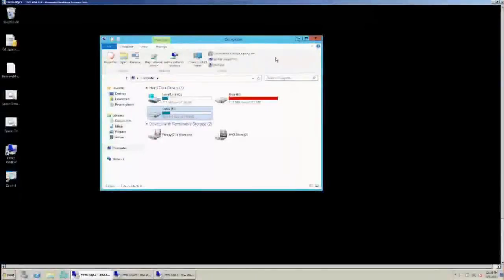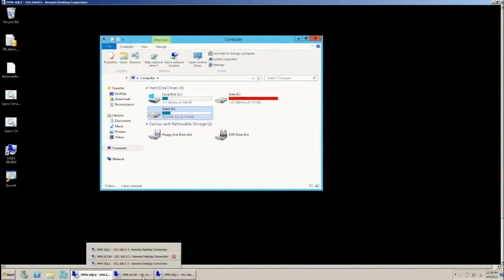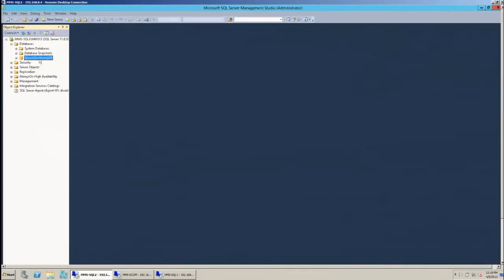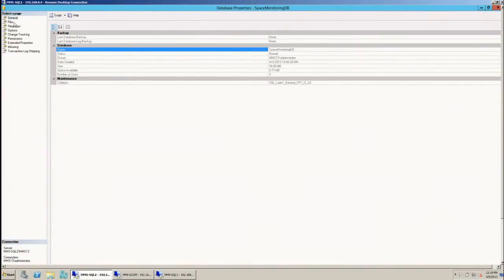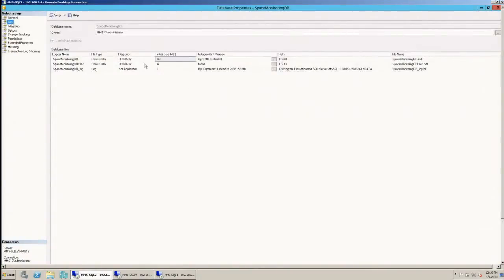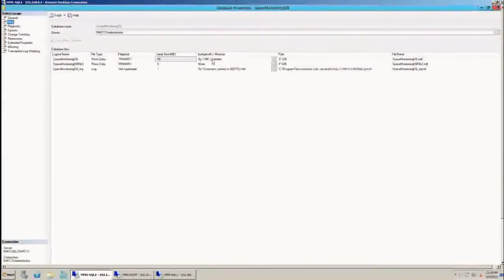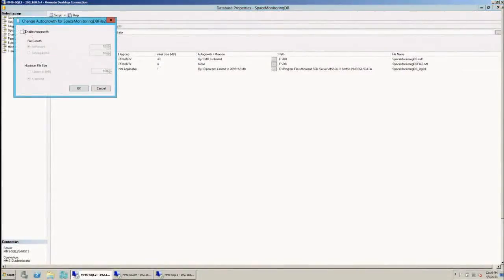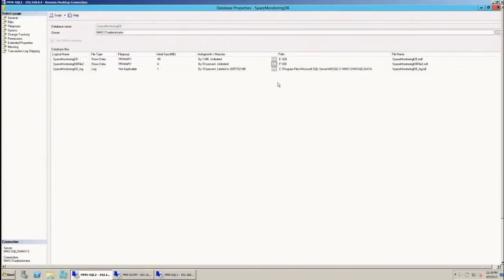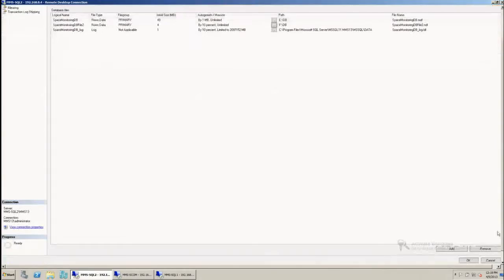So I'm closing this knowledge base and going to my SQL Server. Right now, let's go to our space monitoring database and look at these properties. In files, we can see that we have auto-grow enabled for only one file. For the second file, the auto-grow setting is set to false, to none. And I just enabled it easily. So now, when I press OK,